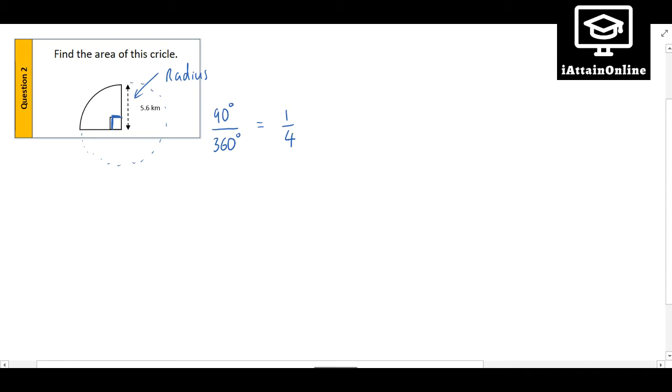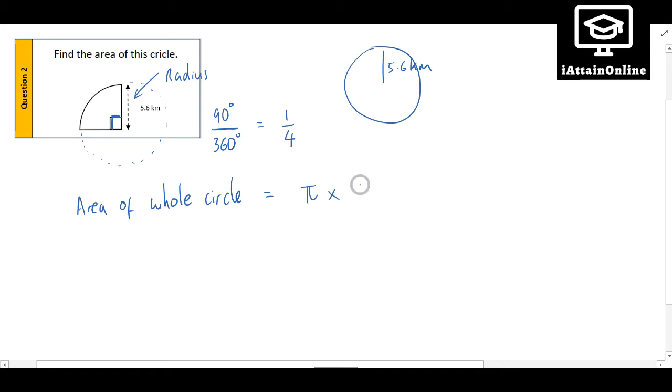So the area, the space inside that sector, we call it, would be a quarter of the area of a whole circle. So to find out the area of this sector, we're going to work out the area of the whole circle first. If this were a whole circle, I'll just draw it out up here, we have been told that that is 5.6 kilometers. So I'm just going to do pi multiplied by my radius squared. This bit is just the same as example 1. So if I put that into my calculator, pi times 5.6 squared,